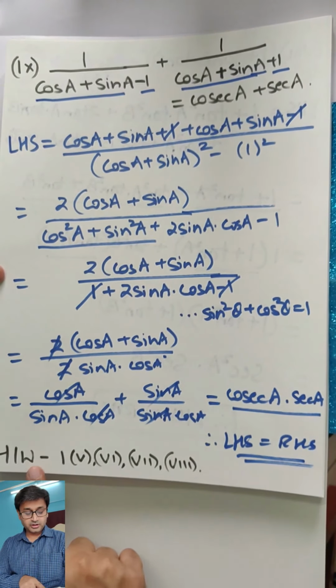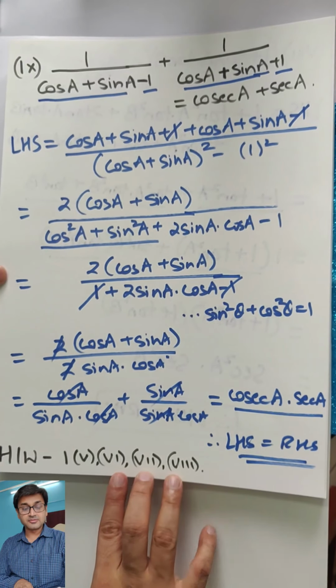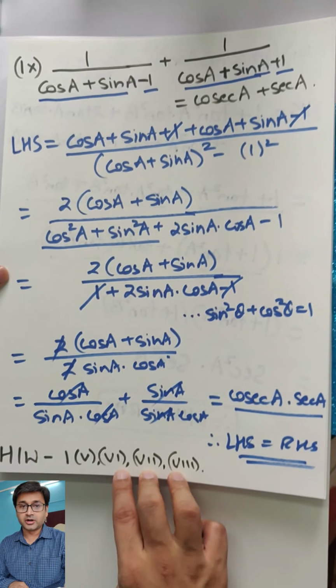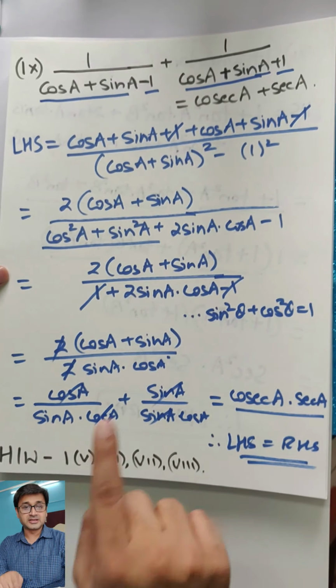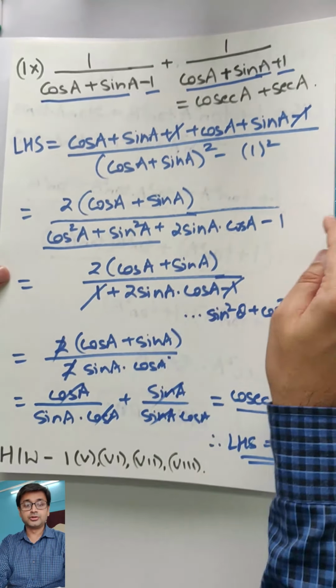Alright. For your homework, 1 part 5, 6, 7 and 8. These 3 sums I am asking you to repeat because they are good questions. Unless you don't repeat, you will not get a good hand on it. Even I have done it twice. After that I am doing this so that I am able to go with a better flow. You also should do the same.